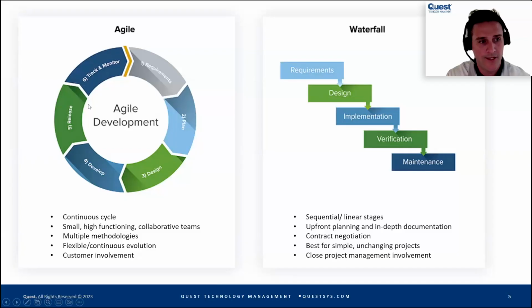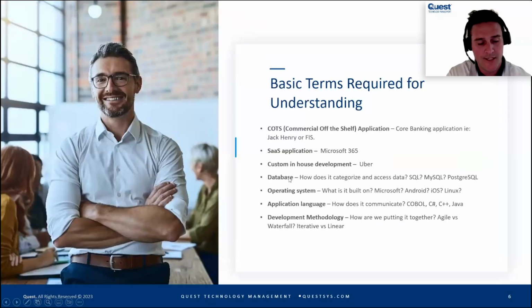So as you're going through that, every single one of these decisions affects the decision above it, right? So what your coding language is matters, what your operating system is matters, and then ultimately what your development methodology matters, right? Are you going to have a linear process where you start here at point A and end up at point B, and you're going through the waterfall, and you make that design decision and you're jumping off that waterfall and you're landing at the bottom and hopefully you float? That's kind of the linear version.